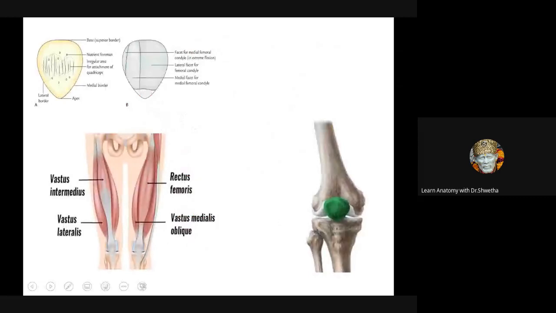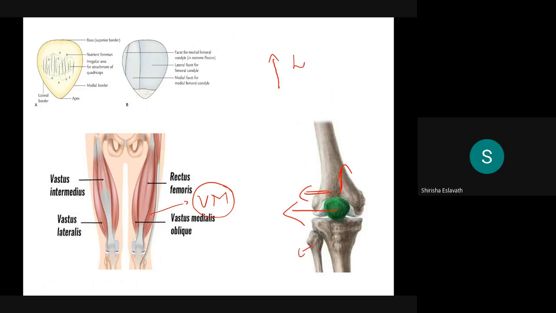Where you're sitting, you can just extend your knee, students. When you extend your knee, usually the patella will be pulled above and laterally. But what prevents its lateral displacement, I will tell you. There's a muscle here called vastus medialis. In normal extension, the patella moves above and laterally. See, the fibula is there, so it moves above and laterally. Its complete lateral displacement is prevented by a muscle. Which muscle, students? Vastus medialis.